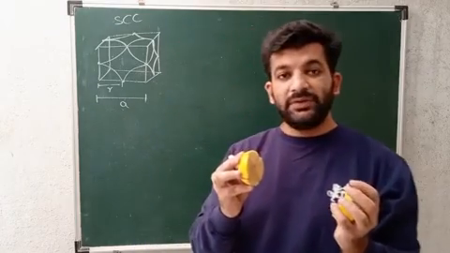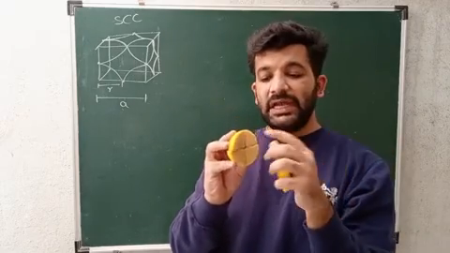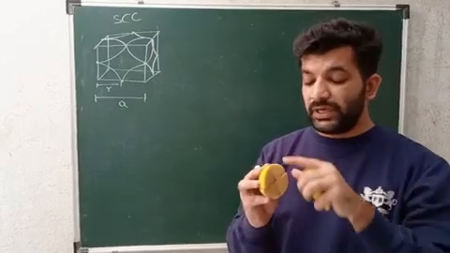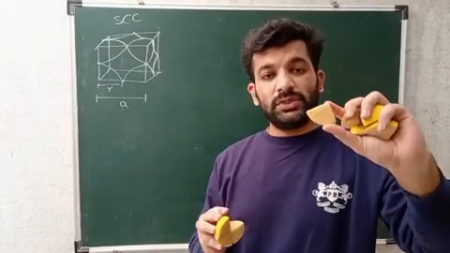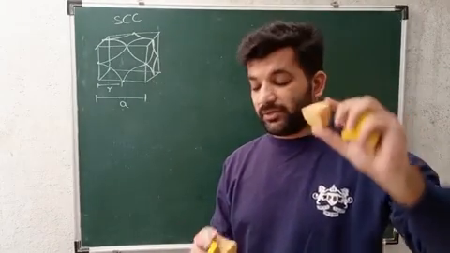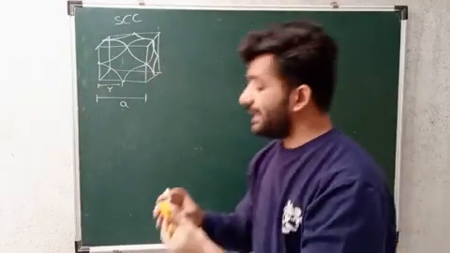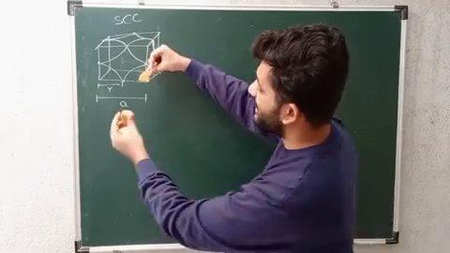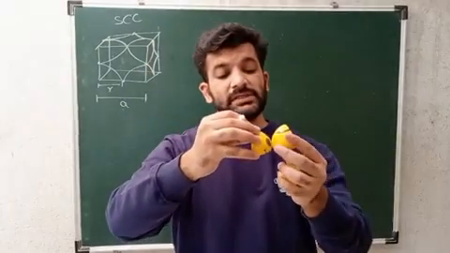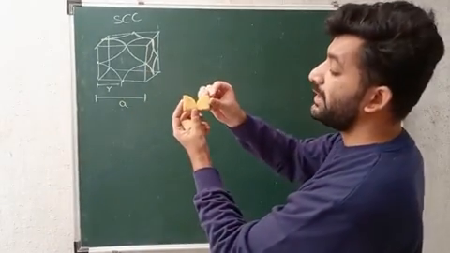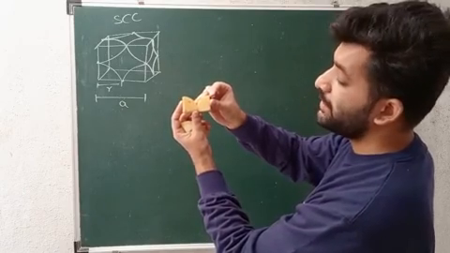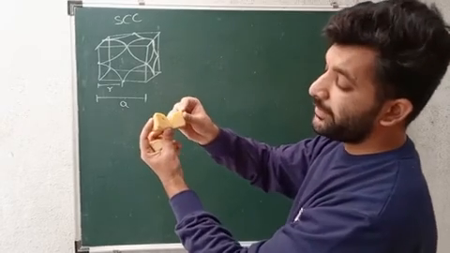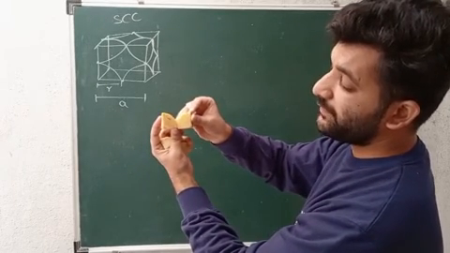So an atom can be divided into 8 different parts, and when we are considering one part over here, at each corner we will have a 1/8 part of the atom, which will be shown like this. This is the 1/8 part of the atom, which is present at the corner like this. Okay, in this way the atoms are arranged with each other like this. I can show it to you. The base of the atom, which is the part you are seeing right now. So in this way you will have the placement of the atoms.